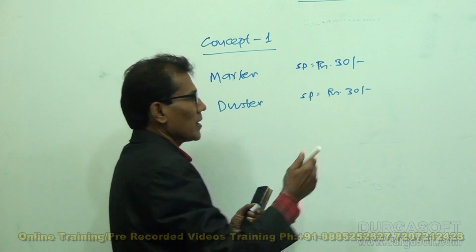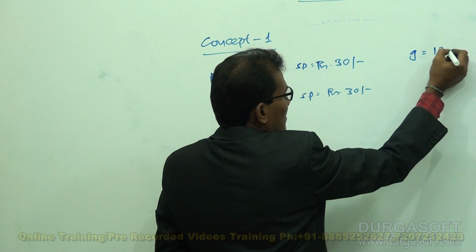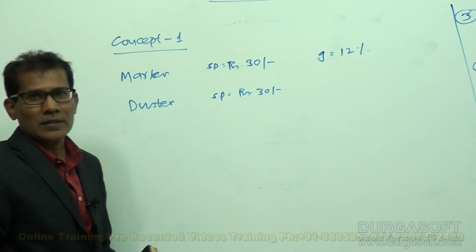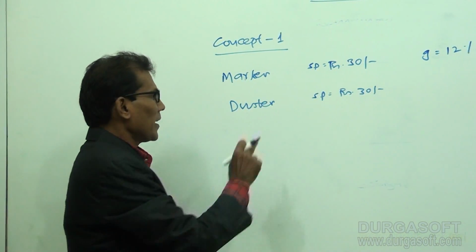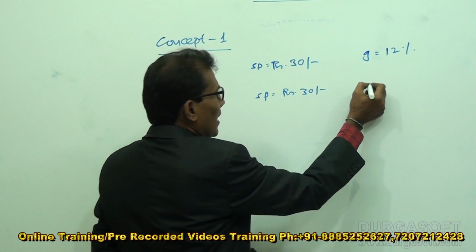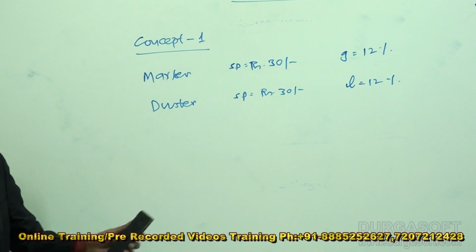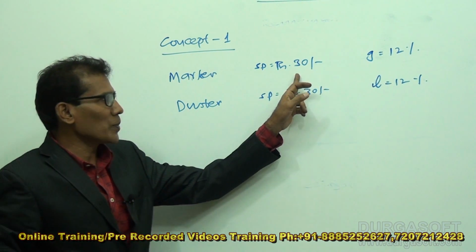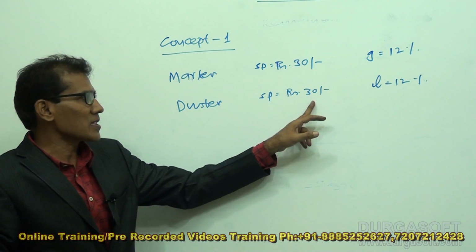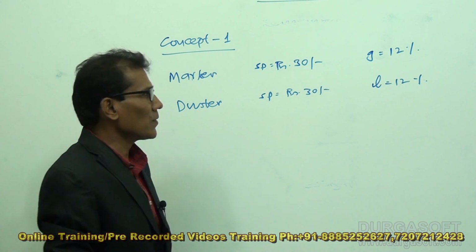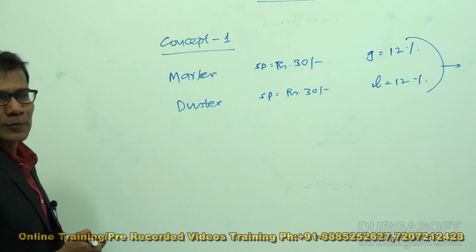In this business, I could make a gain of some 12%. I got profit while selling the marker at 30 rupees. And while selling the duster at 30 rupees, I am in loss of 12%. I did this business. I sold the marker at 30 rupees and I got a profit of 12%. When I sold my duster at 30 rupees, I am in loss of 12%. Now the question is, in this business, my business ends with